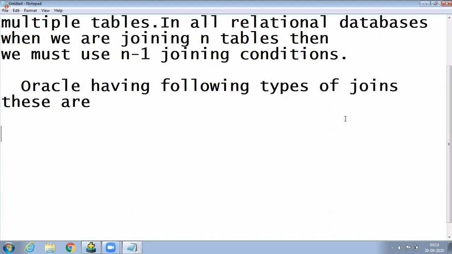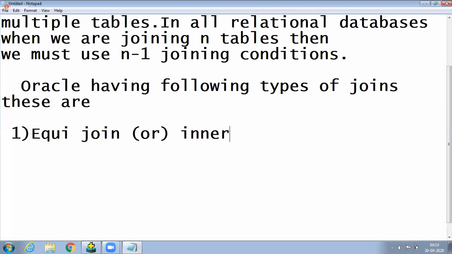Slowly observe it here. Don't write it yet. Actually, very important. Today we are starting only the join. Here, the join name is equi-join. Many people call this also inner join. Now don't write it. Observe here. The first join we are starting today is the equi-join or inner join.